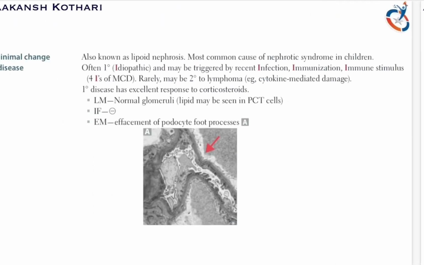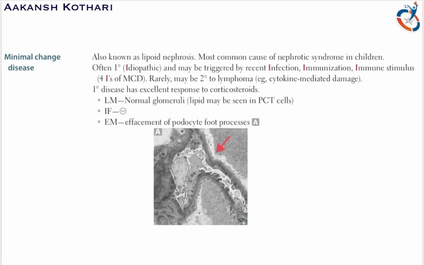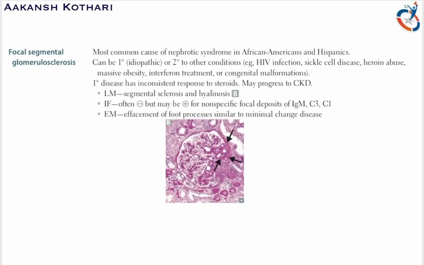Okay, the only nephrotic syndrome which responds to steroids is minimal change disease. Focal segmental glomerulosclerosis barely responds to steroids, and hence it can progress to chronic kidney disease. So, what is basically focal segmental glomerulosclerosis? Focal stands for some glomeruli, segmental stands for only some parts of those glomeruli, and there is sclerosis. So certain parts of a few glomeruli are affected.